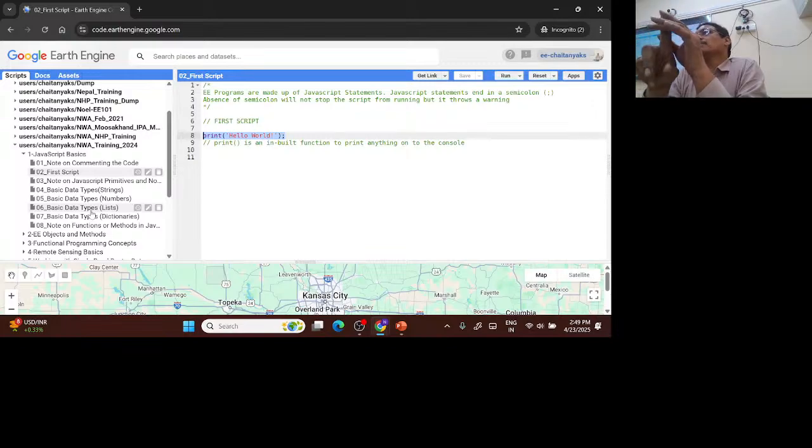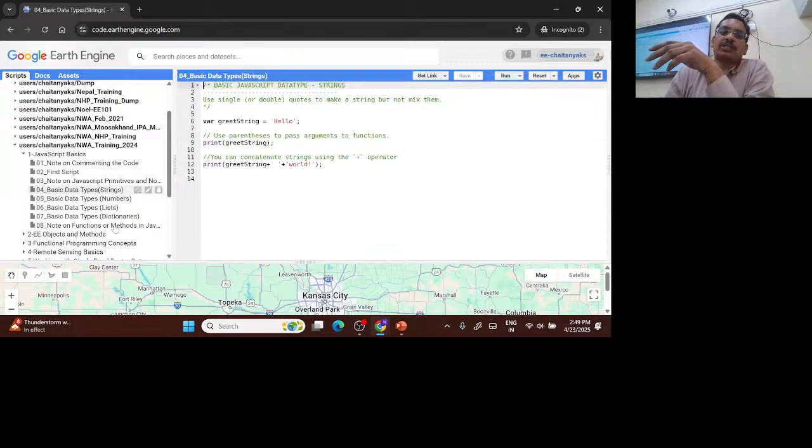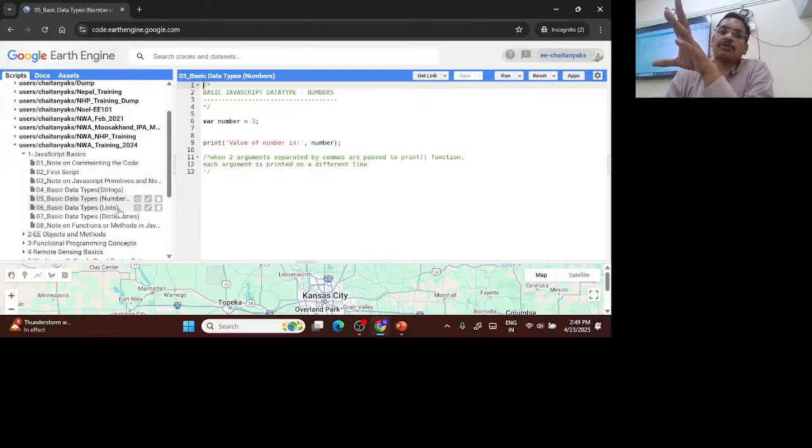You have to bear in mind lists, dictionaries, and these scripts will explain what strings are, some important functions associated with strings, numbers, etc. I am leaving this part for you to practice, and I have also given you